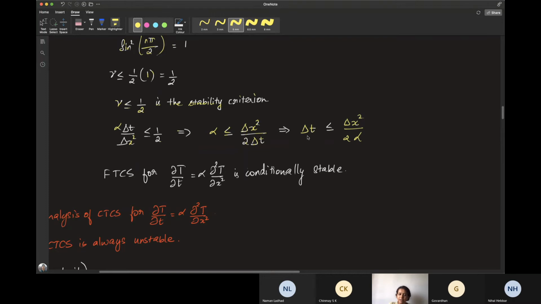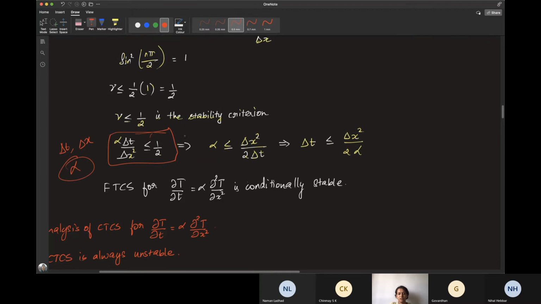So you can either choose delta t or delta x. You can keep delta t on the right side and take delta x to the left side, and then you can fix delta t and keep delta x as a variable. Either way, but one of these should be interdependent. So this condition should always be satisfied. Based on this, you determine how your delta t and delta x should be for your problem, that is alpha, for the given governing differential equation.